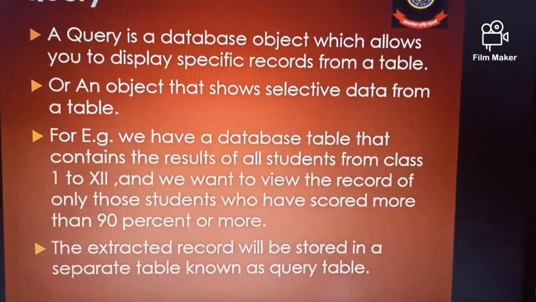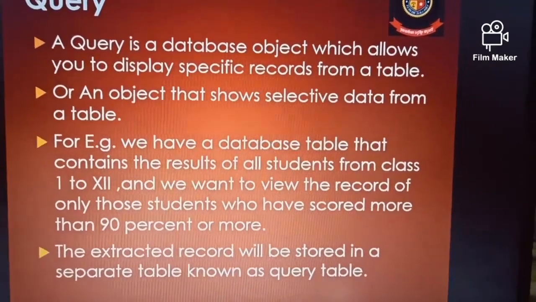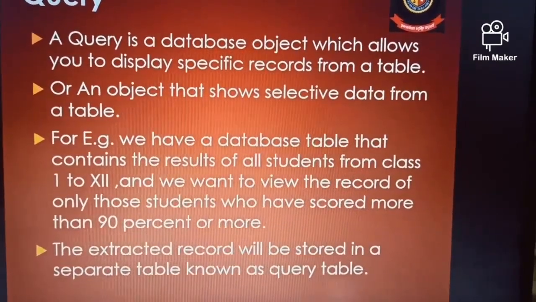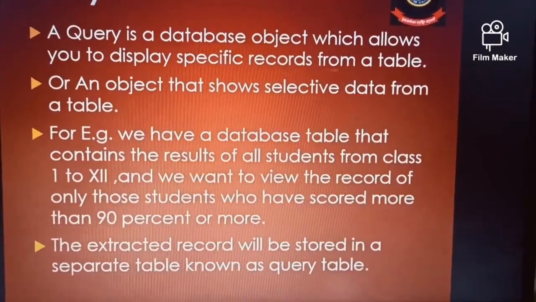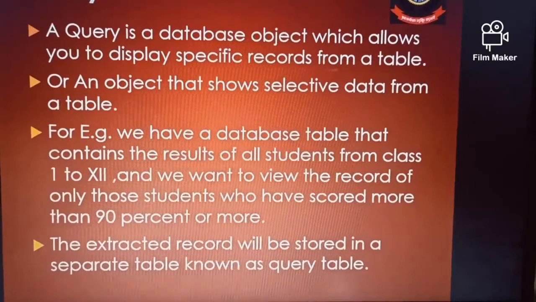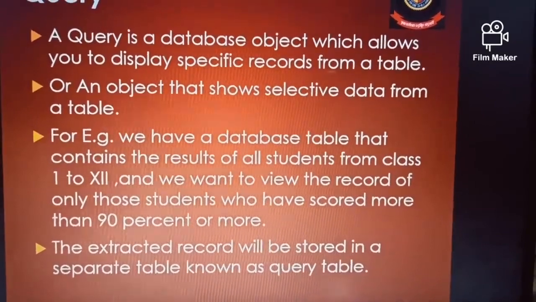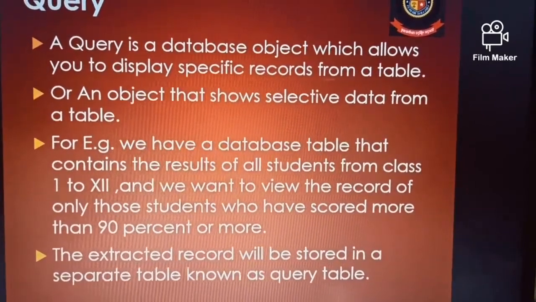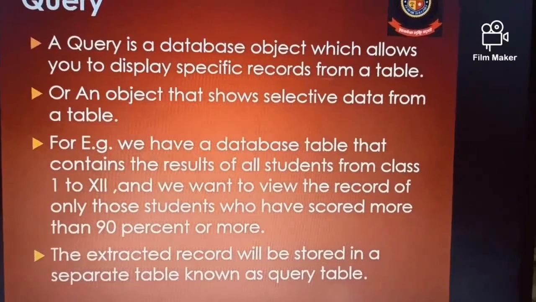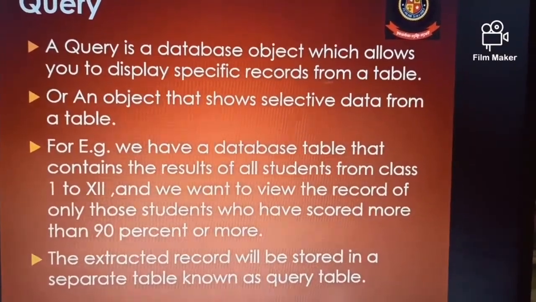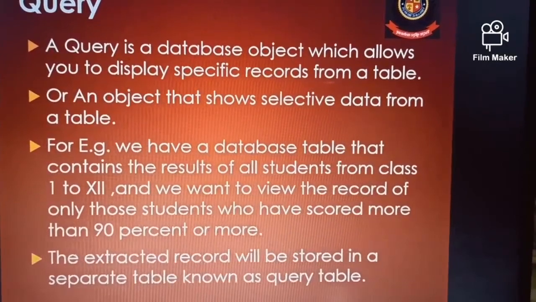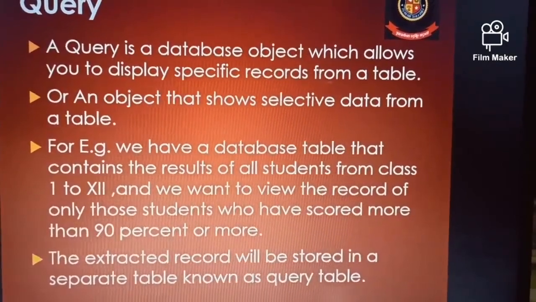So out of that table, I want only the records of those students who have scored 90% or more. The extracted record will be stored in a separate table known as the query table.